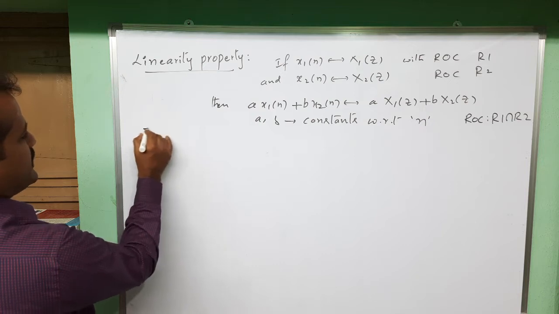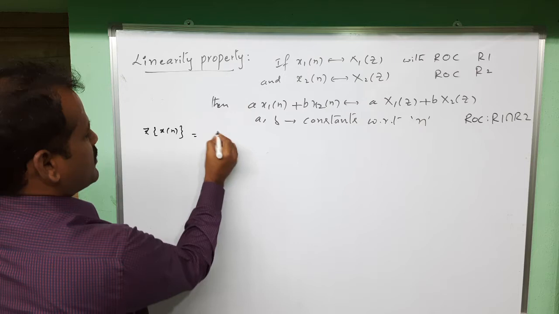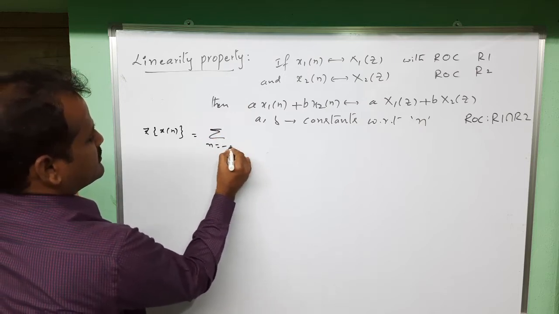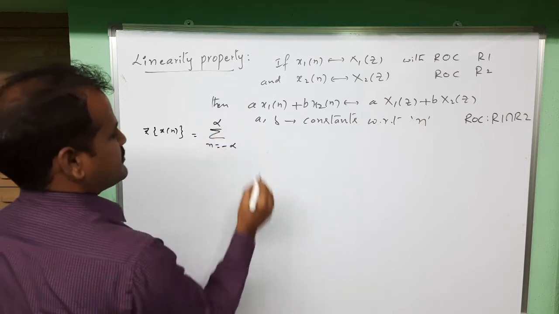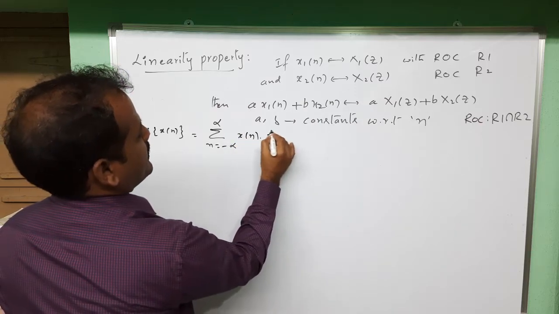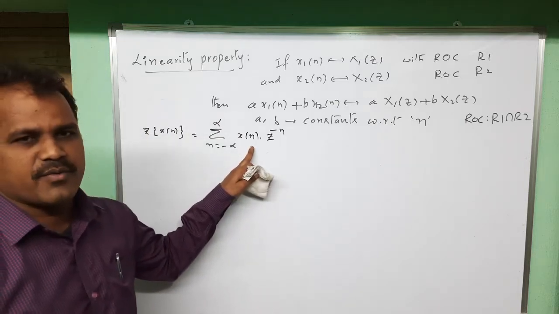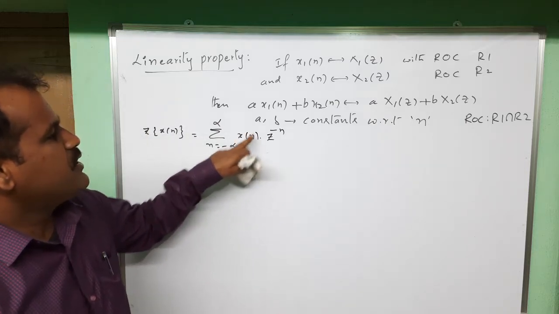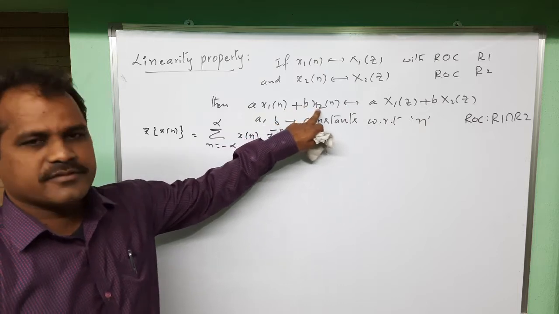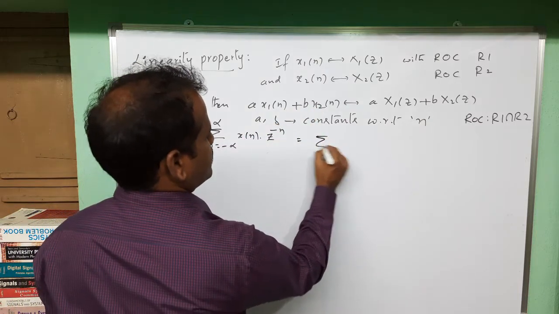Before that, the Z transform of any signal x of n, the standard formula we have is the discrete summation, n value minus infinity to plus infinity, x of n multiplied by z raised to minus n. This is the Z transform standard formula. Here for x of n, we have to take this LHS or left hand side expression. Let us take that x of n is equal to